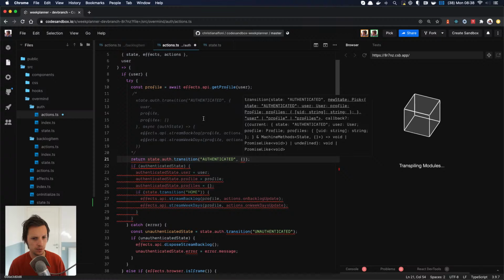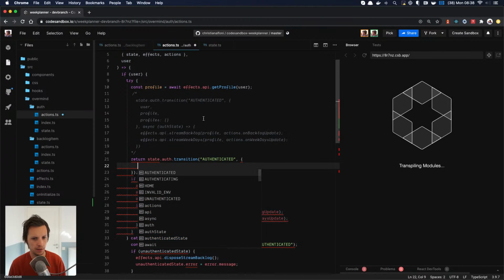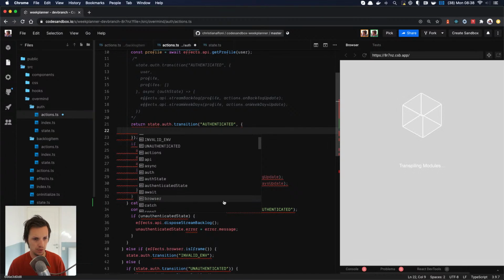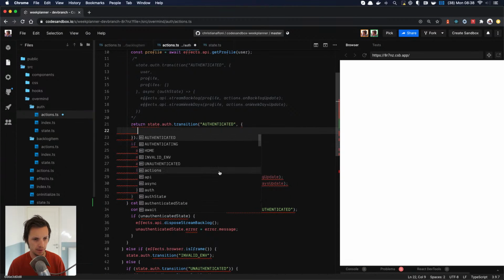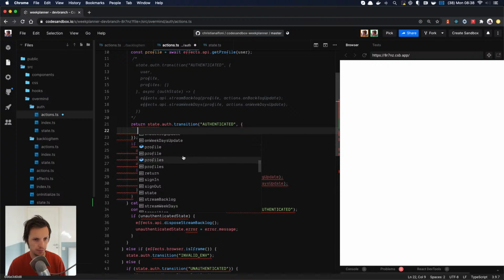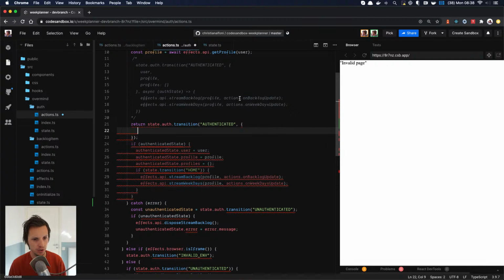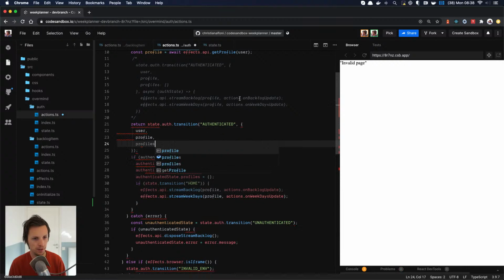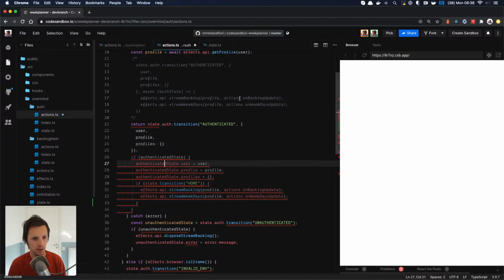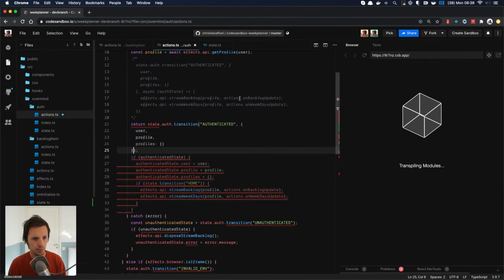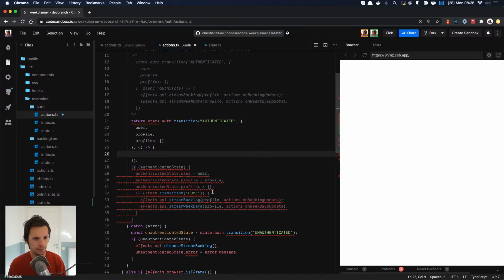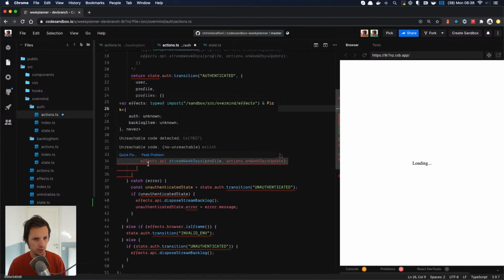And now it's going to tell us that we need, let's see. Well, we should have some, oh yeah, it's an old VS Code version. So we get it in between here. But anyways, it should require us to have a user, a profile, and profiles needs to be an empty object. So that's part of this thing. And then we want to